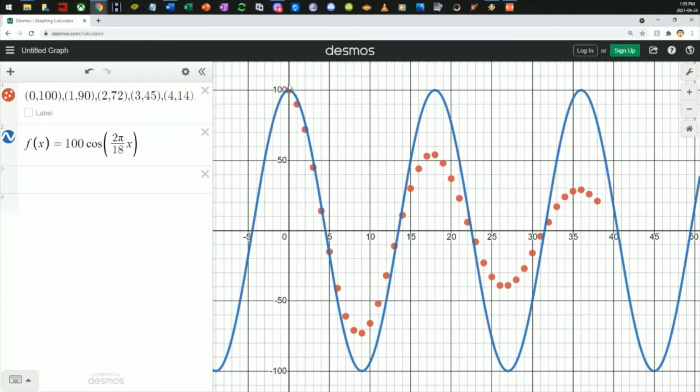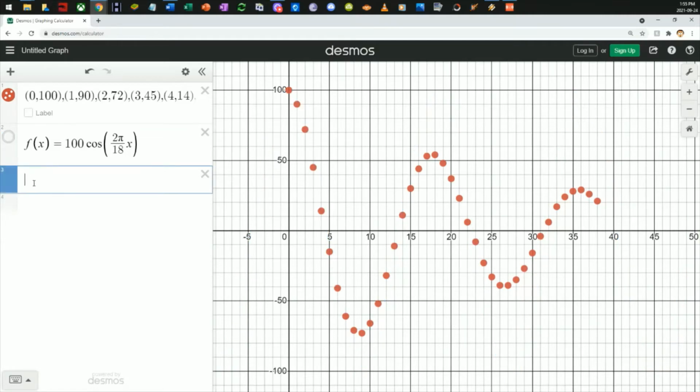Now we have to deal with the fact that it's dropping off over time. I'm trying to think of what function does that. And the first thing that comes to mind, I'm just going to turn that one off for a second, is going to be an exponential function, specifically an exponential function with a base less than 1, so it drops off as time goes on. So I'm going to start off with y equals,